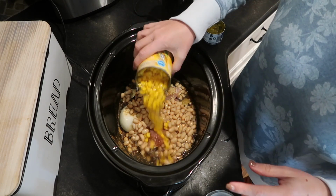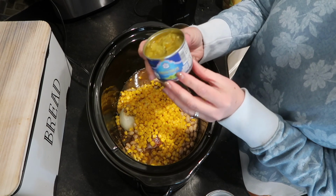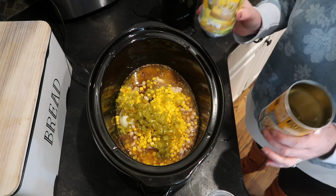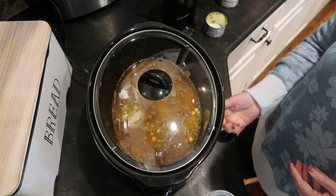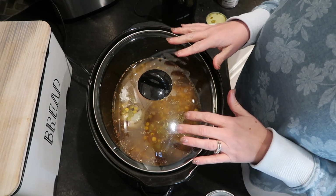I'm also gonna add my can of sweet corn, same thing, and my can of green chilies. I'm also gonna fill each can with water and dump those in. So that's about 4 cups of water, all in all. I'm gonna pop the lid on, and since I'm getting this going earlier in the day, I'm gonna let it cook on low for about 6 to 7 hours,